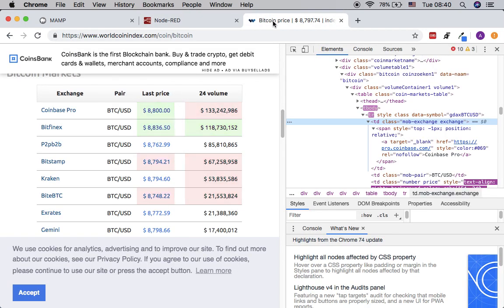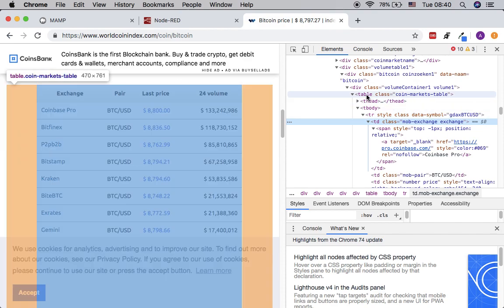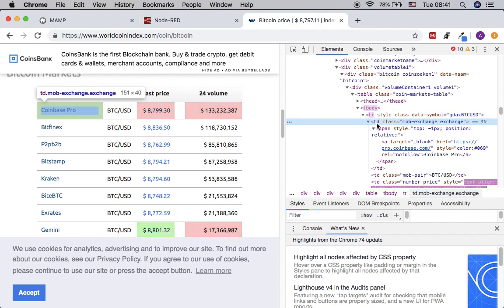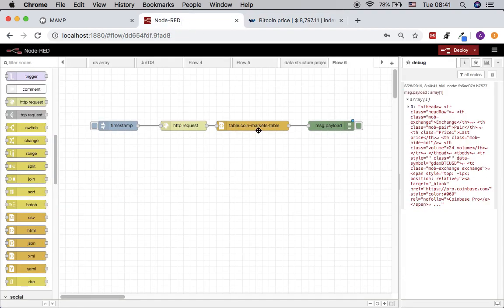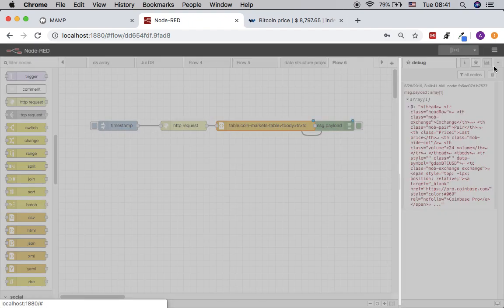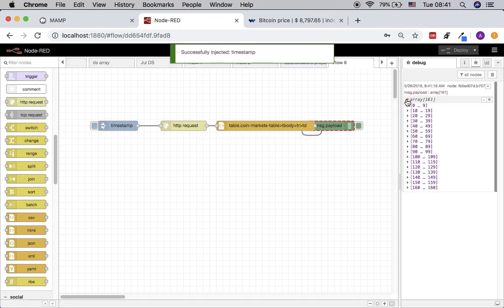The next step is we have to look down into here. We know that we are going to get each row of this data. So it's going to be table, go to the T bodies, go to the TR, and go to the TD. Let's do this real quick. We can navigate to T body, TR, and TD. With this, we should be able to see the output as